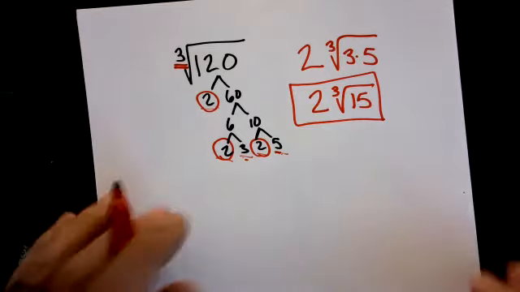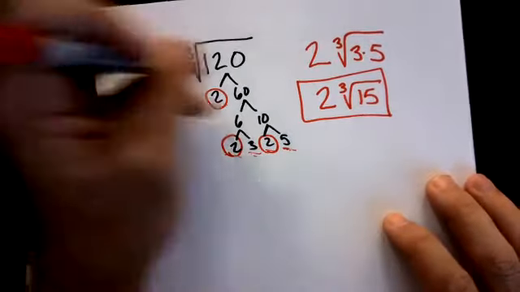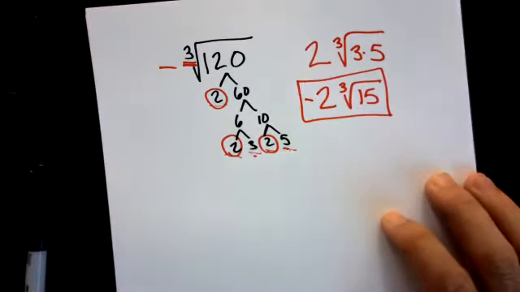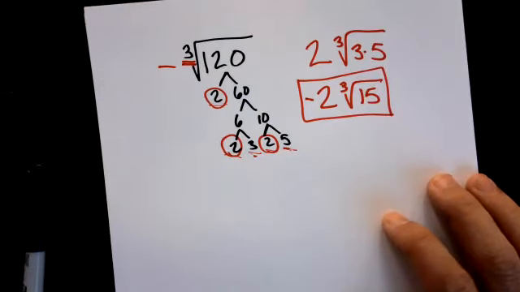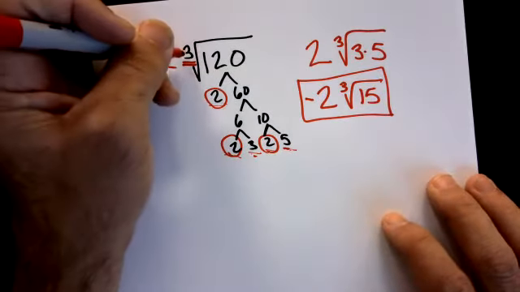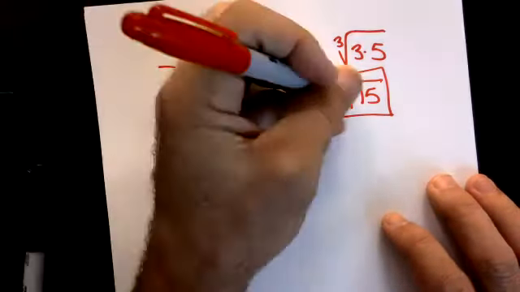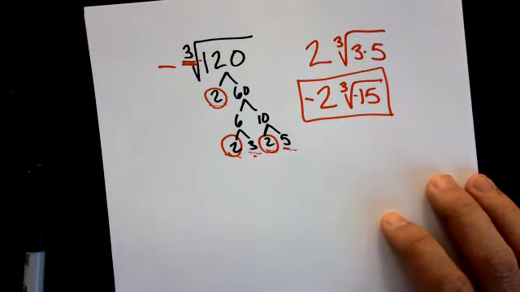And pluses and minuses and negatives still work. So if this would have been a negative, that would just make your answer negative. Okay. Or with an odd index, if they put a negative inside, that would have just made my answer negative. Okay. So anyway,